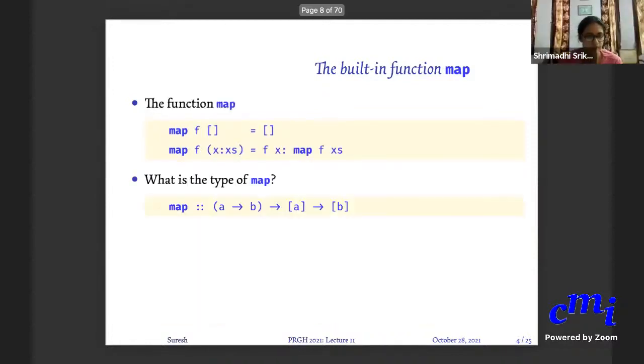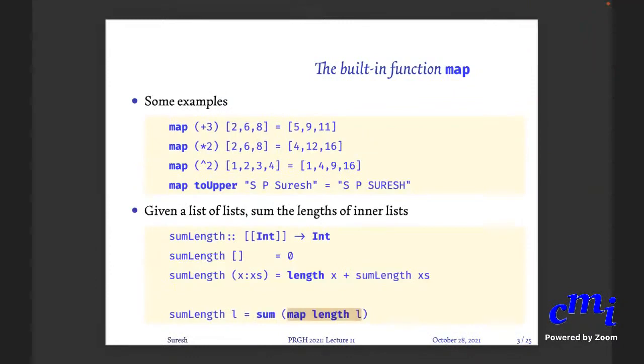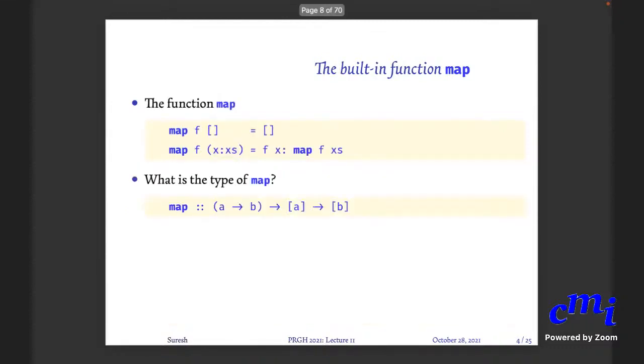Yes. Hello, sir. Sir, in the type of map, is it essential to have the first brackets from A to B? Yes, it is very essential, because very good question. If you don't put that, why did we put the bracket here? Suppose you don't put any bracket, I told you that the default assumption is that it is right associative arrow, which means that if you don't put the bracket, it will be like any other function. A arrow, B arrow, list A arrow, list B. It will be a function of 3 arguments. First argument is of type A, second argument is of type B, third argument is of type list A, and the result is of type list B.